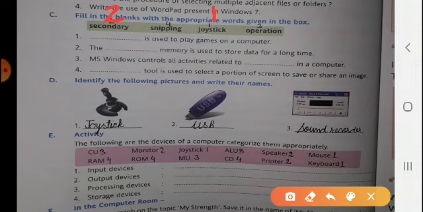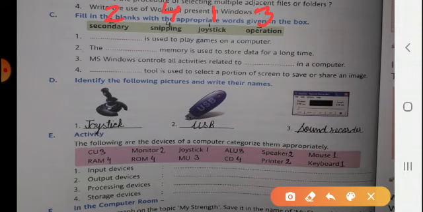Then third, MS Windows controls all the activities related to dash in a computer. Operation. Understood? Dash tool is used to select a portion of screen to save or share an image. Snipping. Snipping is a tool used to select a portion to save or to share an image.